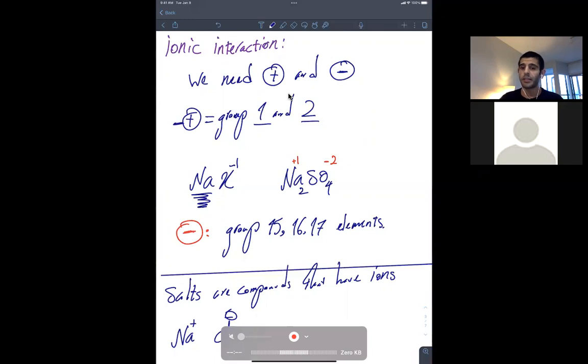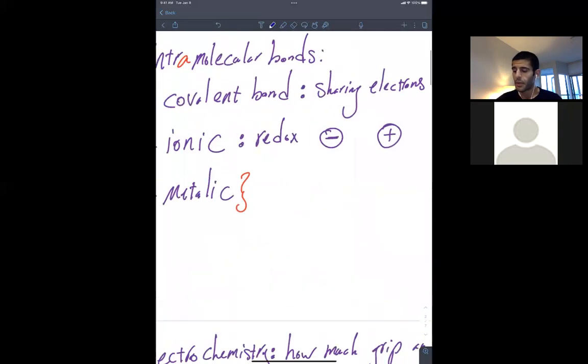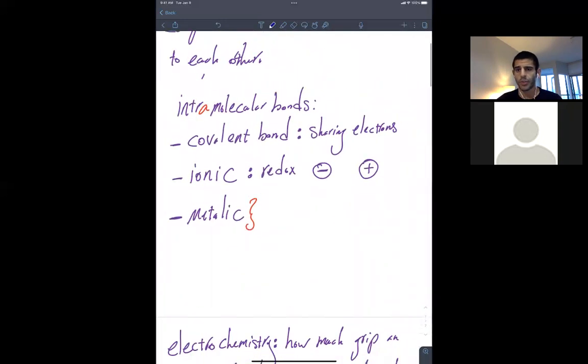That also meets our salt definition, which means that a salt is just two ions, one positive and one negative, connected to each other through ionic interactions. So simple. By the way, just for your information, because some people actually confuse this,